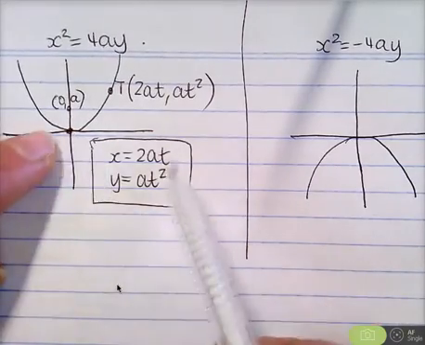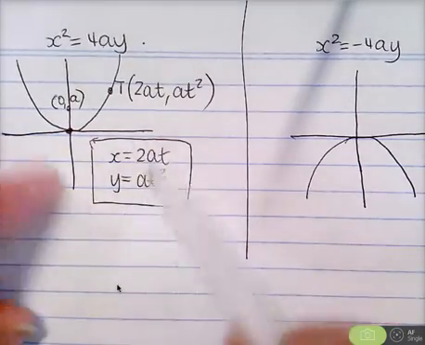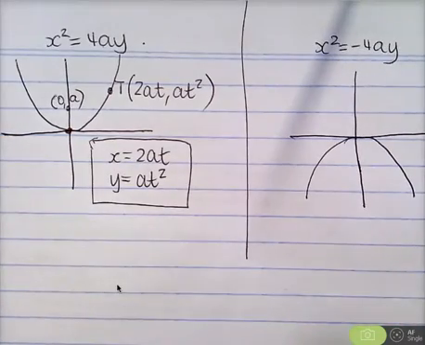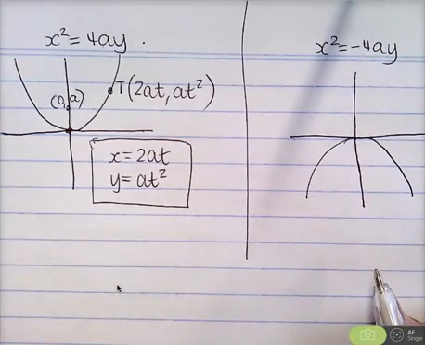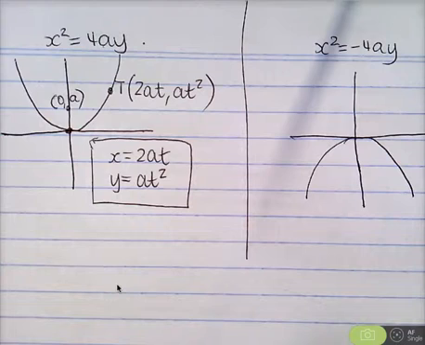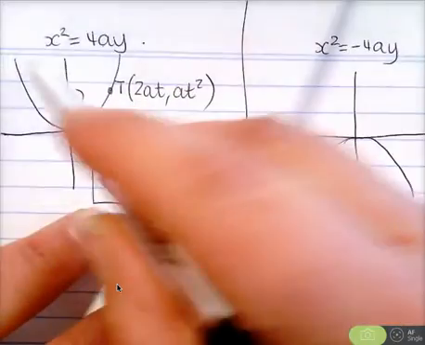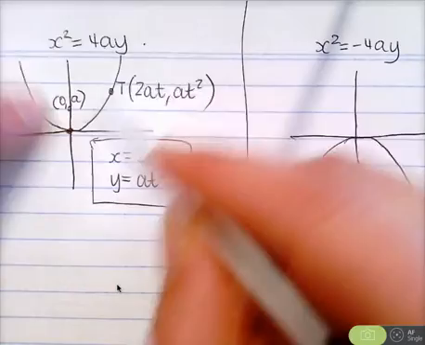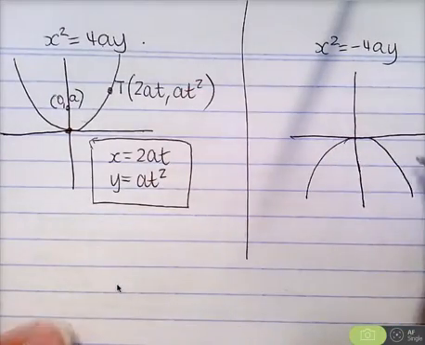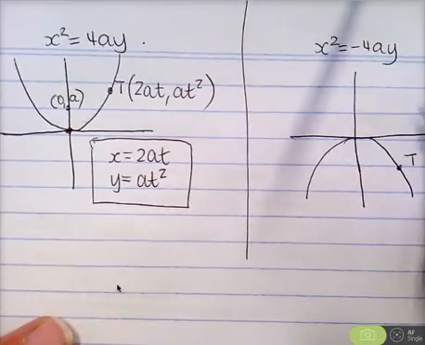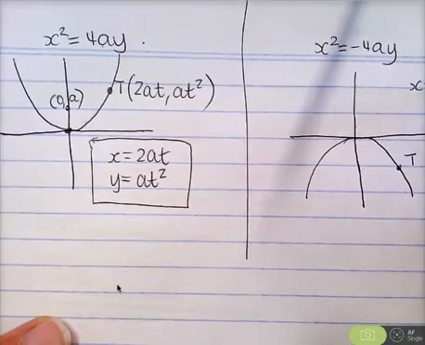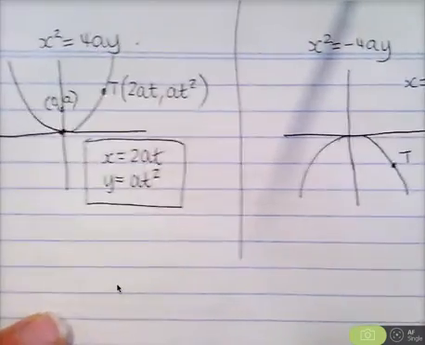If t is 0, t could be 1 or it could be 2. Do you know what I mean? Like that, the same with the shifted. Just not shifted off the centre, but only 0, 0. We're just doing the 4 basics. So x squared is 4ay is x is 2at, y is at squared, because always the y values will be positive up here. This type, the point T, the parameters are, again, the x one's the same, x is 2at,